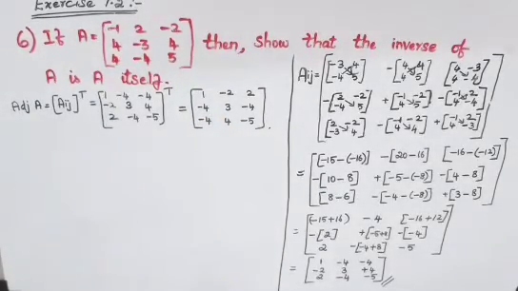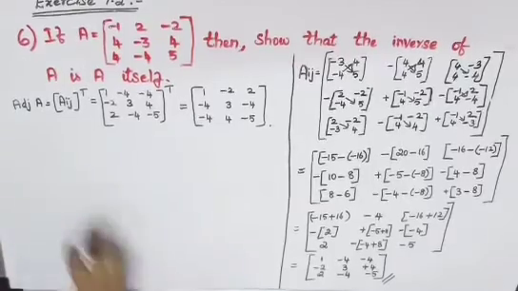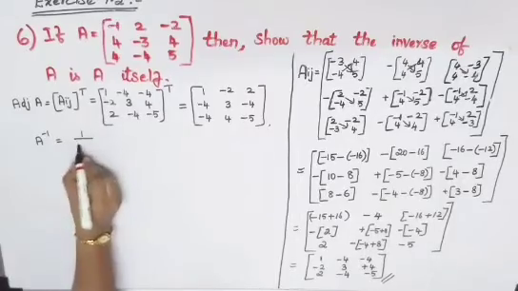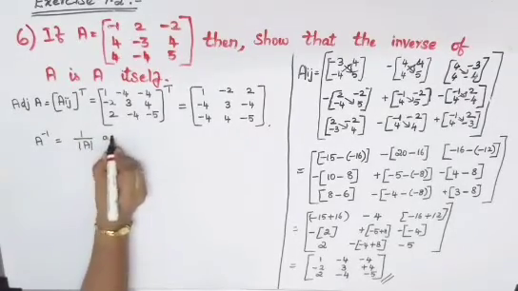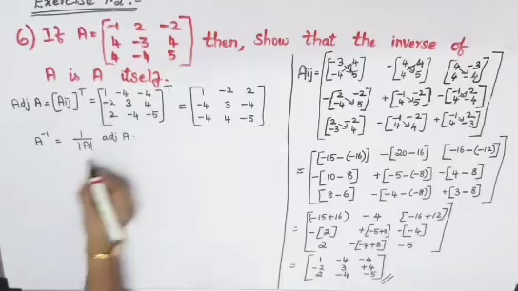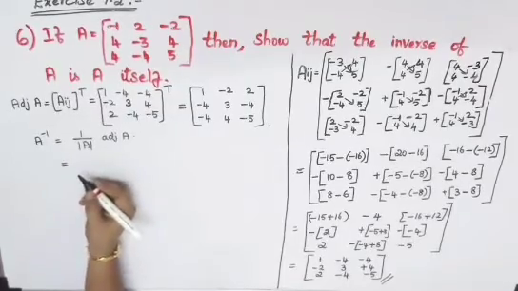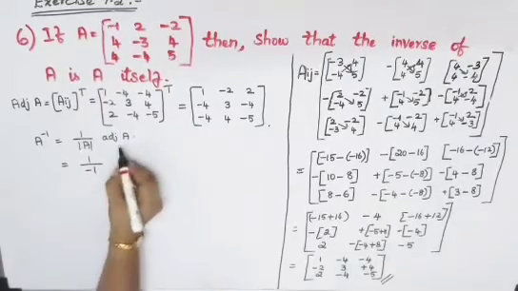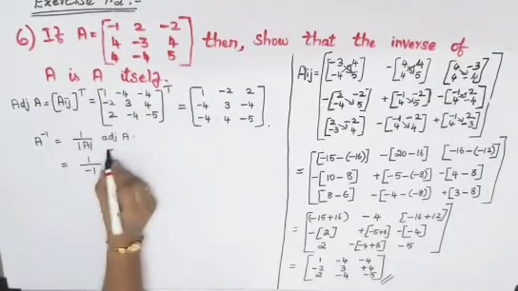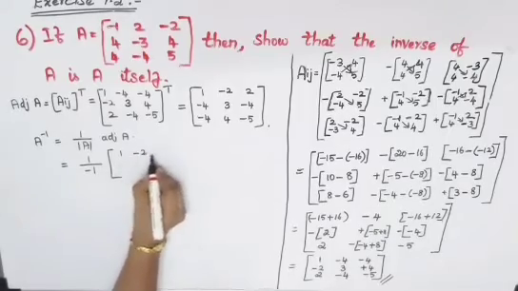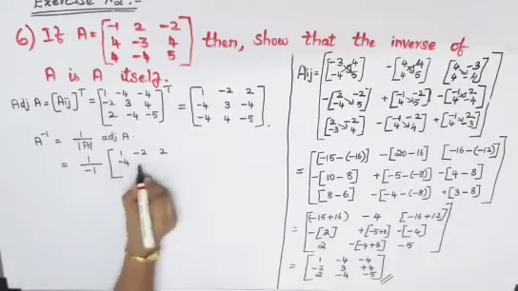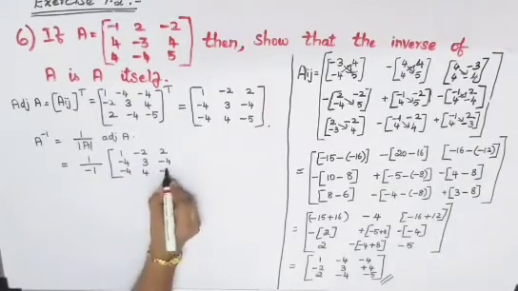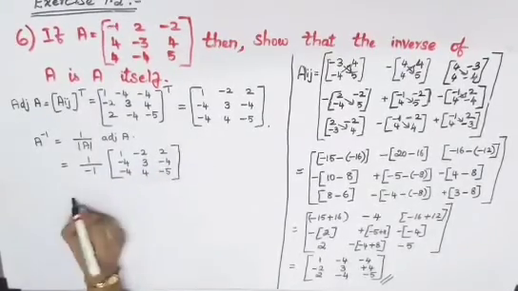Now the next step is they have asked you to find inverse. So inverse of A only you have to find. So A inverse is equal to 1 by determinant of A into adjoint of A. So we have got already your determinant of A is equal to minus 1. So 1 divided by minus 1 into adjoint of A is your answer. So it is 1 minus 2, 2, minus 4, 3 and minus 4, minus 4, 4, minus 5. So just take this minus inside.